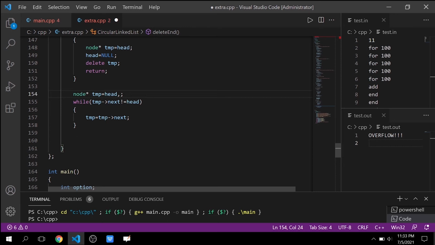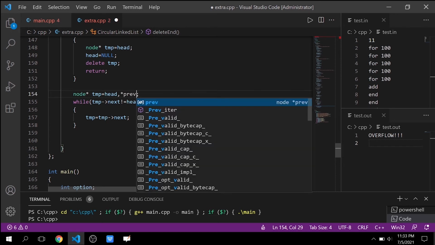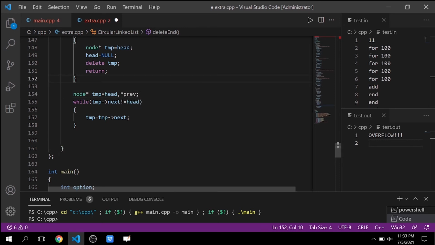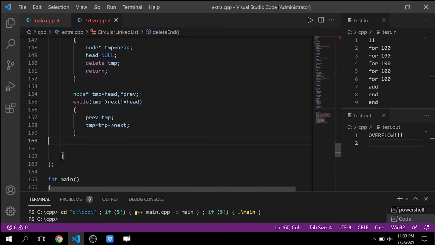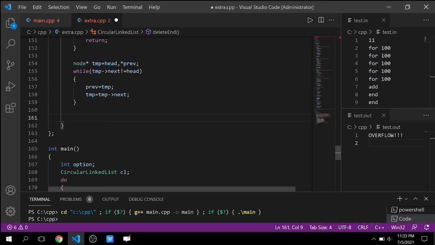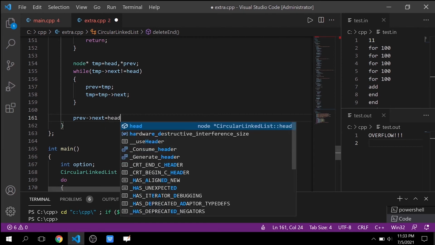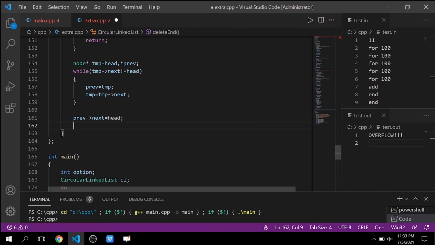So this is the previous node. Before jumping, we will store the temp into the previous. Since the circular list in this state contains more than one value, prev will not be null. Now we first change the next pointer of the previous node to point to the head again. Then we will delete the last node. Now it is completed.